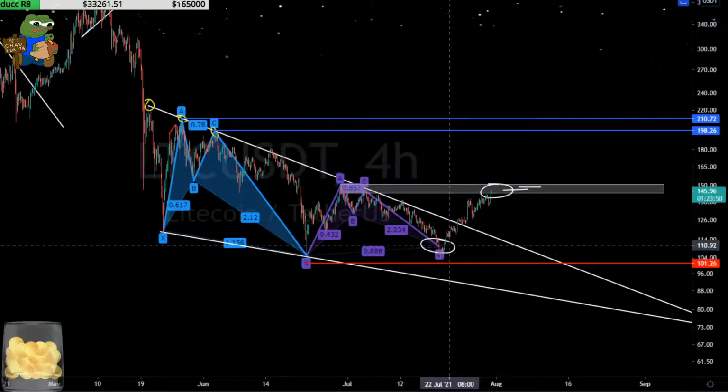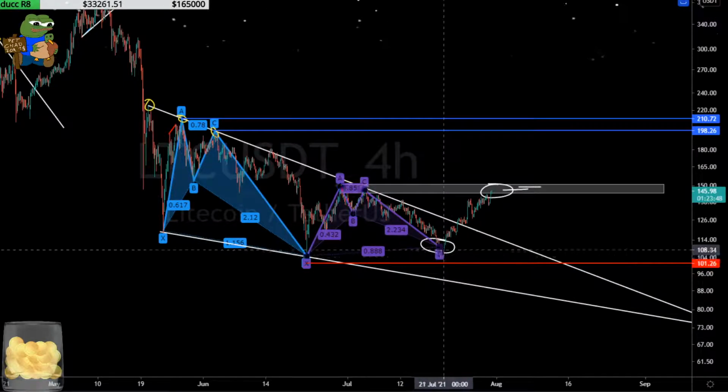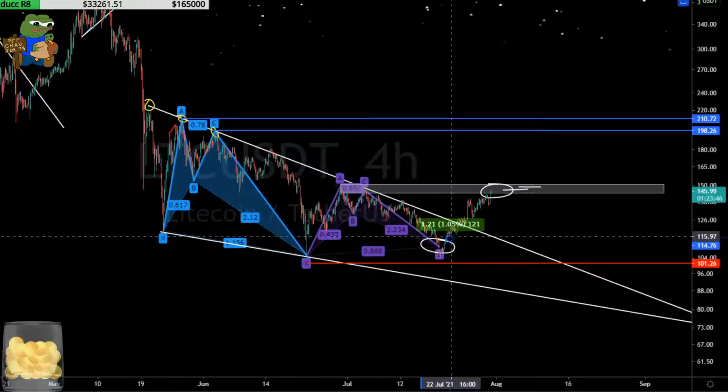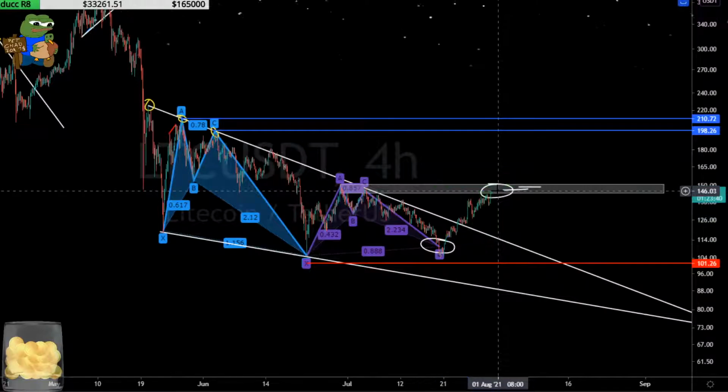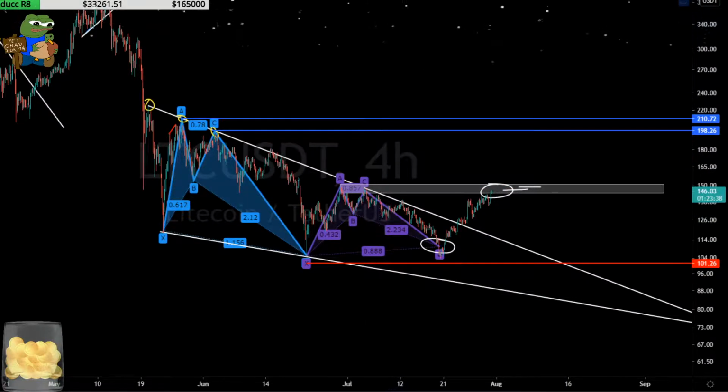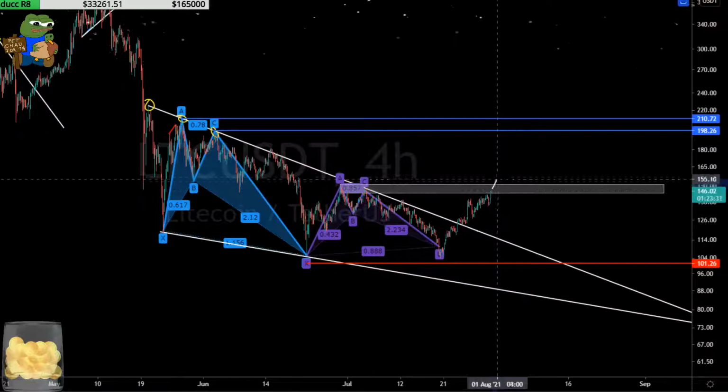Even if they didn't catch the bottom, they caught the rally on the backside somewhere here. You know, they're up almost 30%, guys. Okay, people will be peeling some off here. That being said, that could cause this